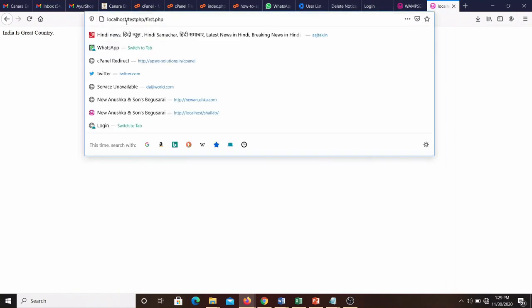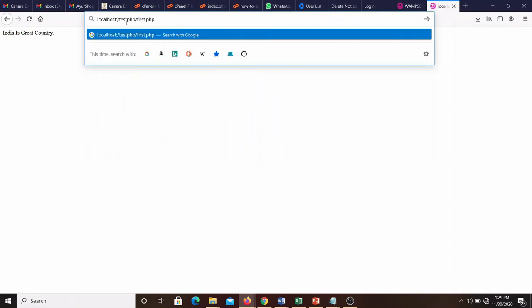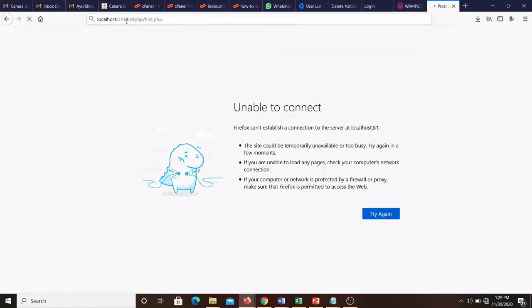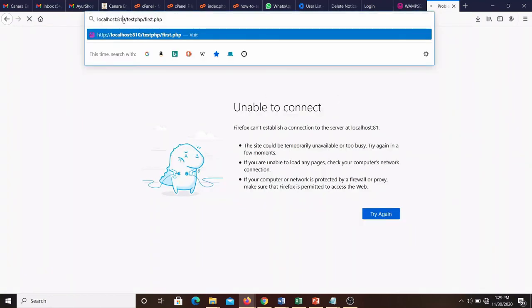Now you can click, and you see the output is coming here. So what I did here is localhost/folder name/file name.php. Suppose your port is different. Suppose you are using port number 81, then we have to write colon 81. Here it will not work because in my system the default port 80 is working. So we can write 80 here, and it will work. Sorry, I put 810. Now I can put 80, and we can see the output coming now. By default 80 is already there because this is supported by HTTP. If you want to change it to 81, then we have to specify :81.